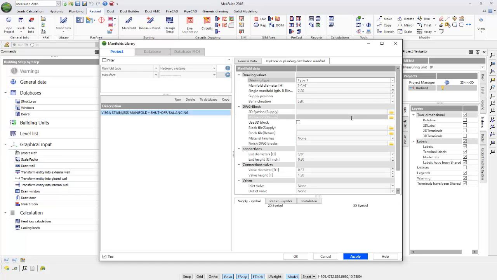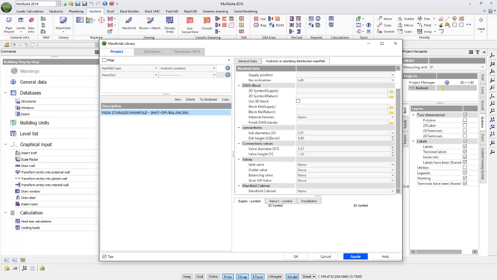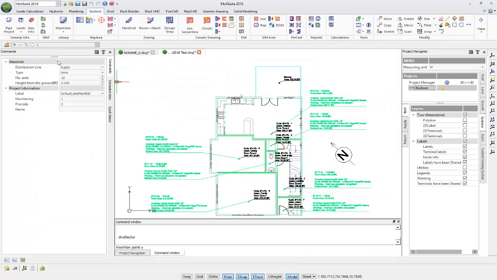We also have the option of choosing a specific DWG block by either clicking on the folders here and choosing, or we can leave it as a default, which we will. We also have our connections for our exit diameters, our exit height, also our connection valves and our valves for inlet, outlet, balancing, shutoff, and finally our manifold cabinet. We'll leave everything as default, select Apply and OK, and now we can see in our left-hand Commands sidebar window,